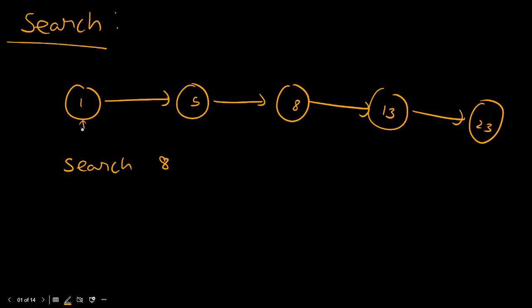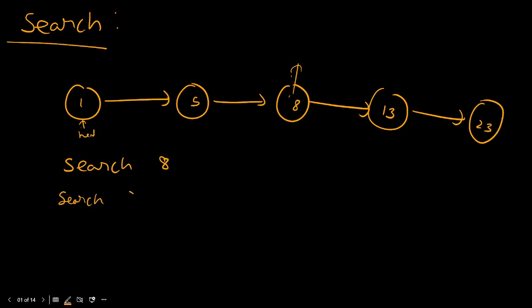We start at the head. We look at the value. Is 1 equal to 8? No. So we move on. Is 5 equal to 8? No. We move on. Is 8 equal to 8? Yes. So we return true, or we return the address of this node, whatever. Now if you want to search for